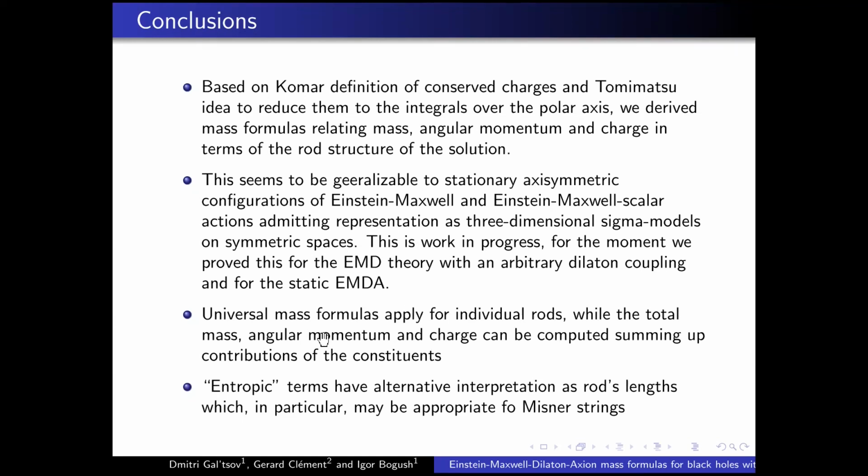Now, our universal mass formula may apply to any two individual rods, but for any of them, which contains also all kinds of string singularities, distributional kinds of matter. And now there is a discussion about the entropic term of the Misner string. Also, entropic may be applied in principle to a cosmic string, but it is not done usually, because a cosmic string is obviously mechanical. There's just the tension which produces the length term.